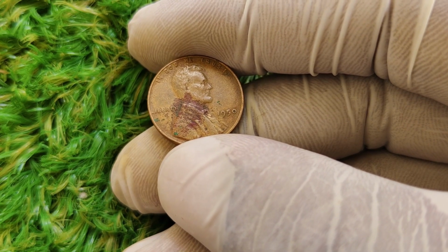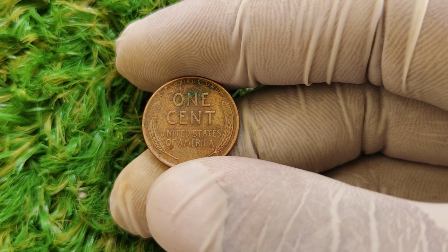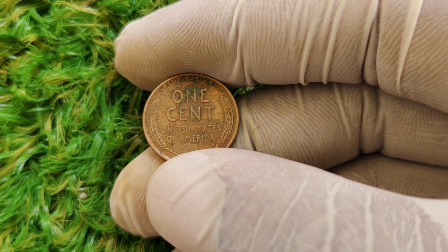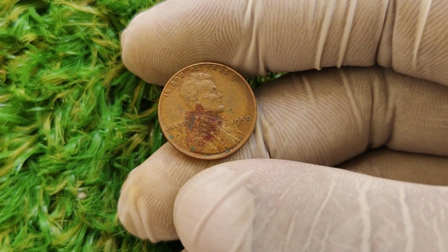Segment 2. Physical features and composition. The 1950 Lincoln Wheat Penny has the following features. Composition: 95% copper, 5% tin and zinc. Weight: 3.11 grams. Diameter: 19 mm. Edge: